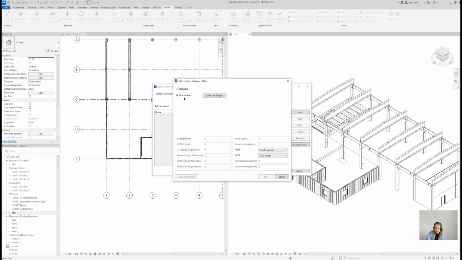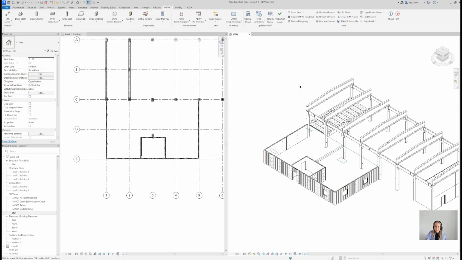You have the possibility to say user defined, and you can load your own family. Impact is almost all around the world now. I know there are different companies delivering components for double wall design. That's why we have chosen to open for user-defined lattice girders,